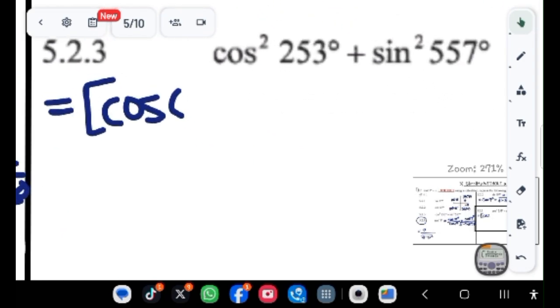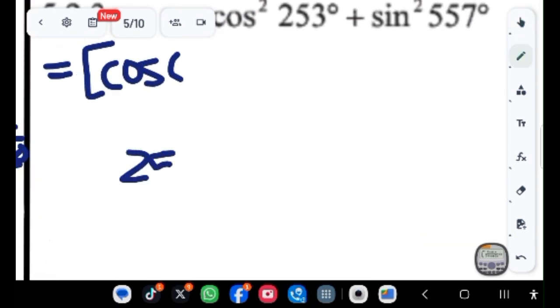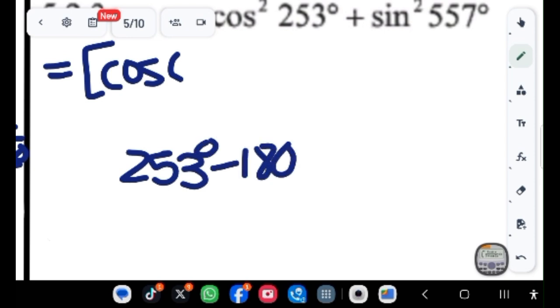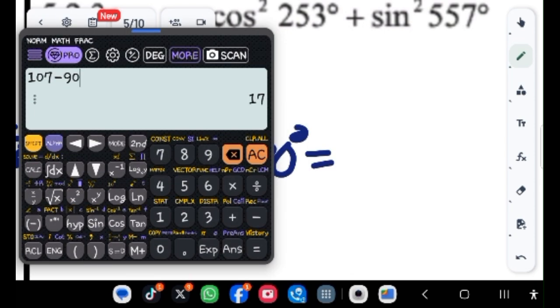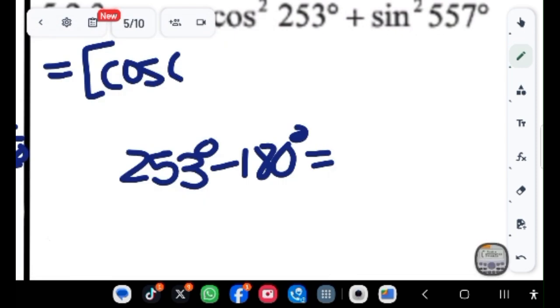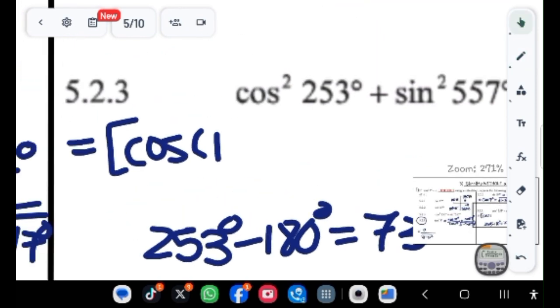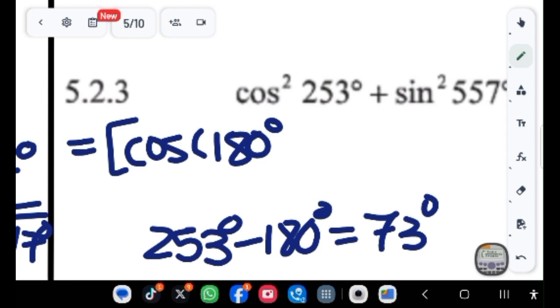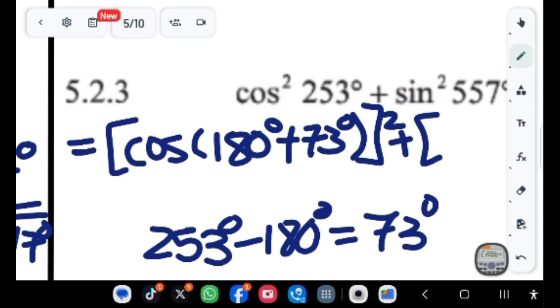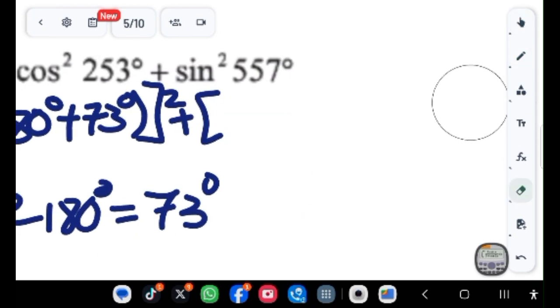So let's simply subtract 180 to see what the acute angle was added to that. So 253 minus 180. That will give you 73 degrees, and that's the acute angle that was added there. So that will be 180 plus 73 degrees. That's how you work it out. So that's 180 plus 73 degrees, all squared, plus the sine of, let's check it out, the sine of